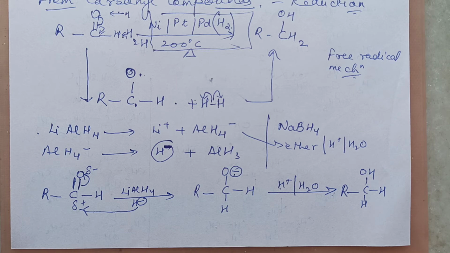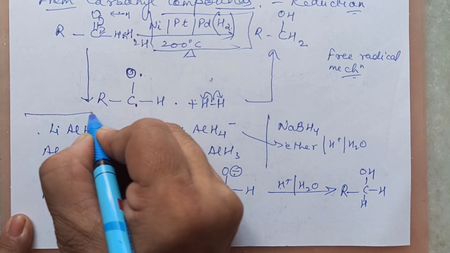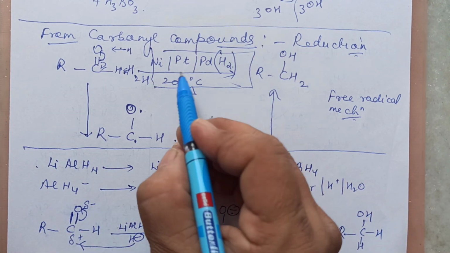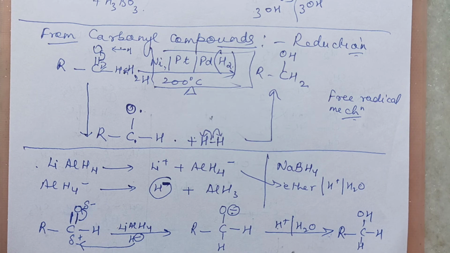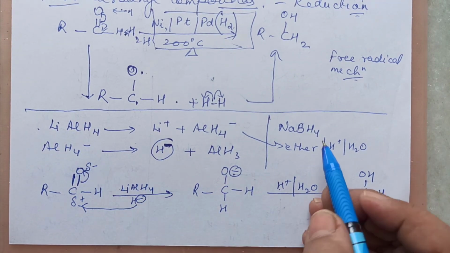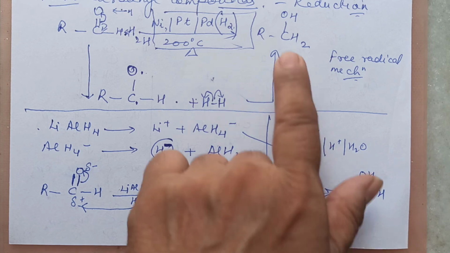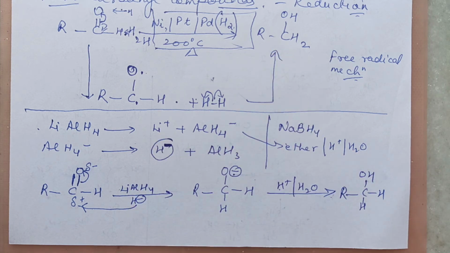Product is same. Actually speaking, lithium aluminium hydride is a better reducing agent than this one. Only thing is it's quite expensive. So we prefer this one or even simply catalytic hydrogenation. Okay, did you follow that? So all these are same carbonyl compound. Either you can use this as the reducing agent, or you can use LiAlH4 or sodium borohydride. All are functioning in the similar manner. You are getting the same product. Only thing is little bit mechanism is different. Right? This was free radical.